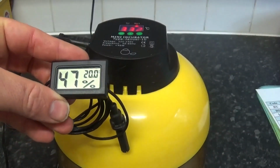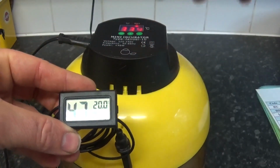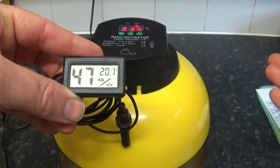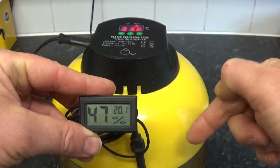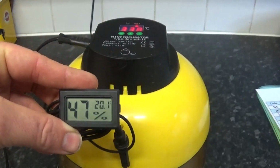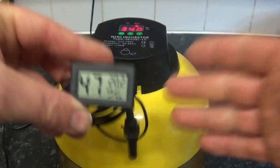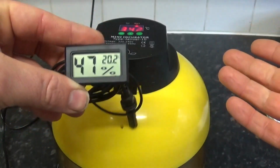Hope that makes sense. You can then use this to adjust up here. So if you know it's getting up to night time, this is saying that it's cooling down in there, so you then adjust the temperature up on here. In the morning it's warm, you can adjust the temperature down. It's a pain in the butt, it's not the greatest of things to be able to do,